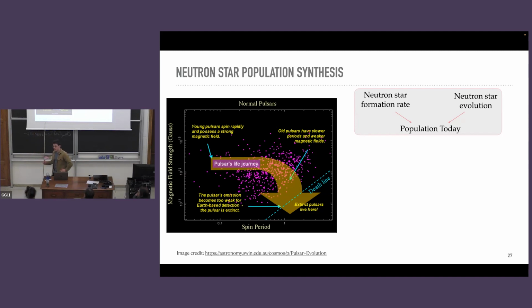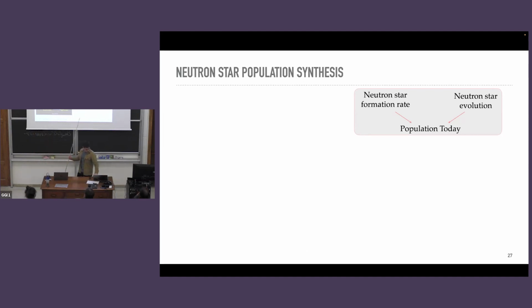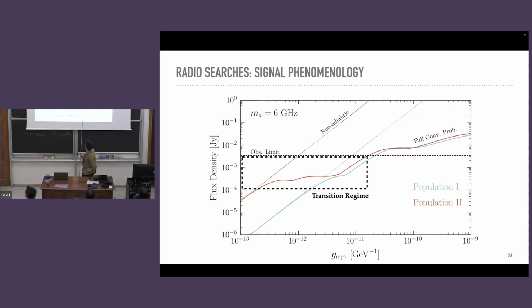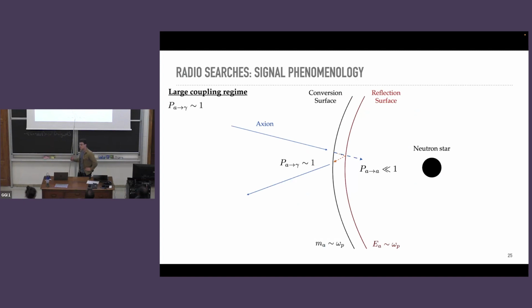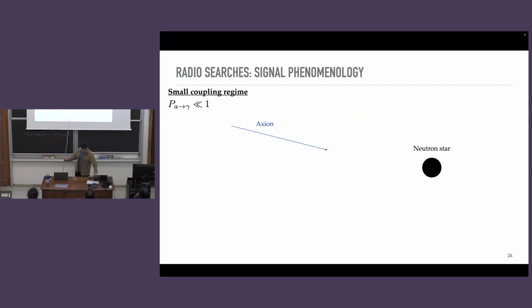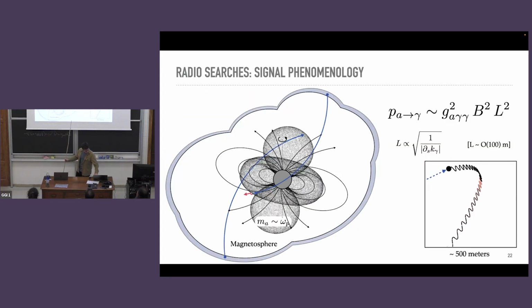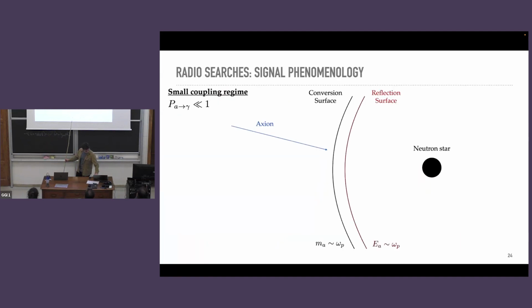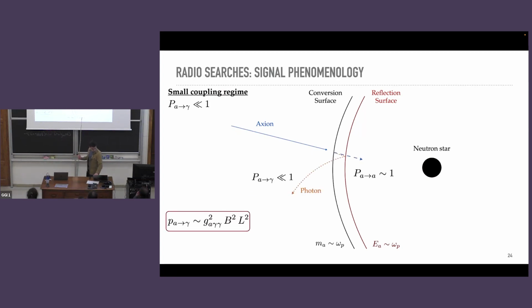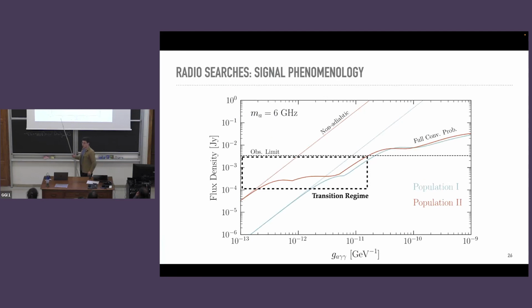So in the previous slide, you have put that the probability of conversion is around 1. You have P_aγ. Yes, good. And even in a previous slide, you showed that the trajectory would cross twice. Yes. So it will go through twice to the same region with some magnetic field and some plasma density. So you might think that often you have a conversion and a reconversion going out. Yeah, that happens. And so that's something that I'm at least... Here it looks like a reflection. But yeah, so